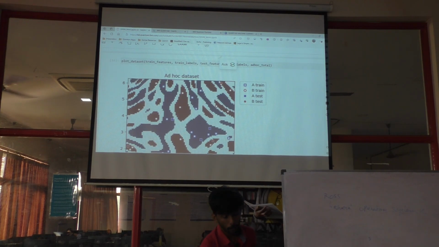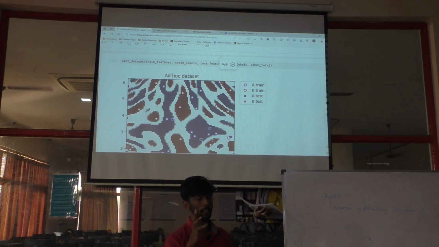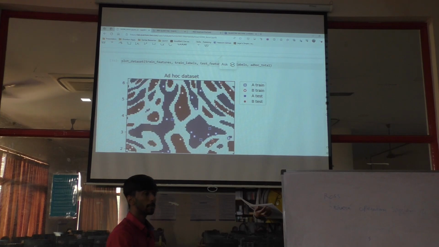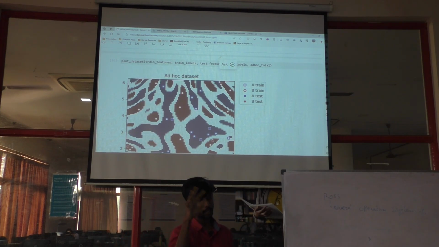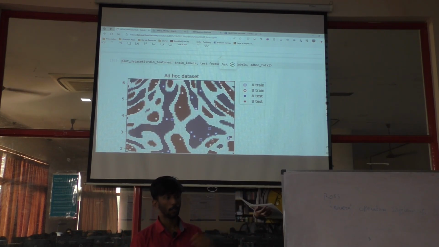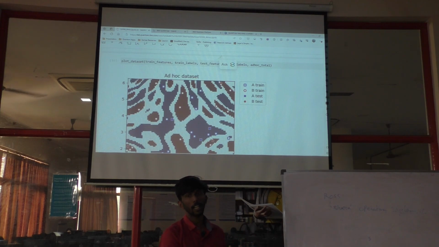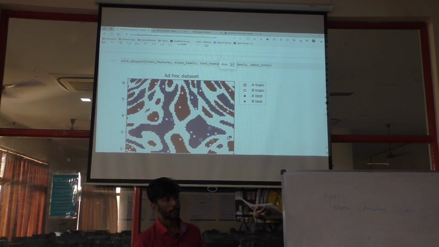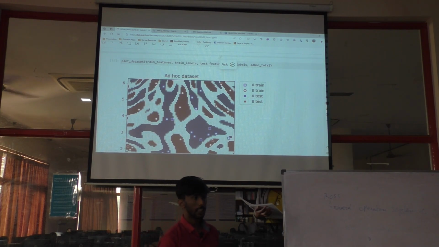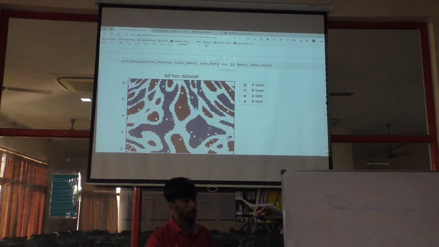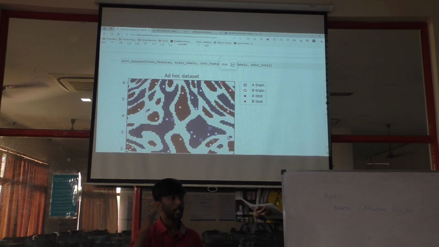I'll probably go into practical applications later. This is a simple data set which is randomly generated, with 2 features, random numbers, random entries. All numerical features, no categorical, nothing different. It's a very simple data set. What is our objective now? To classify it into A or B class. There are 2 classes basically, A and B, and we need to classify each point into A or B.